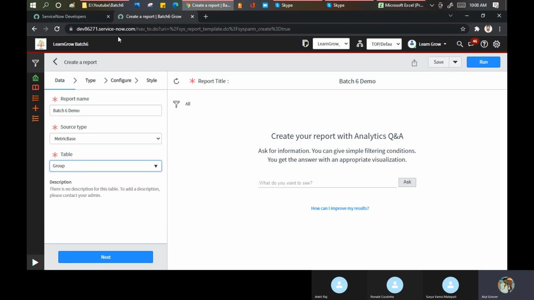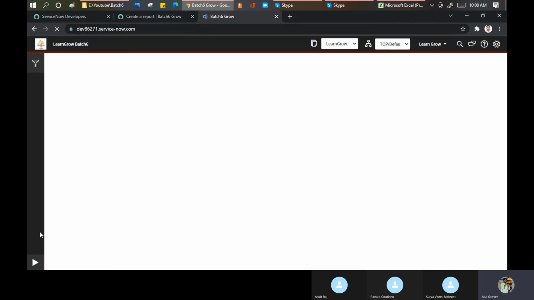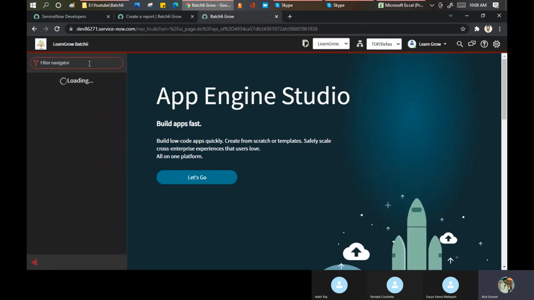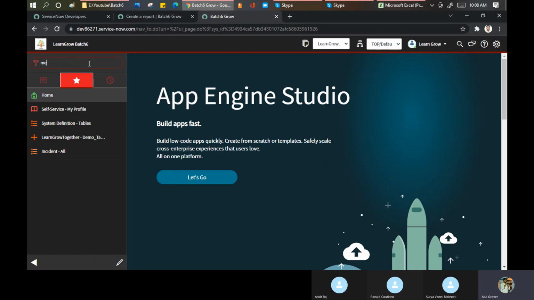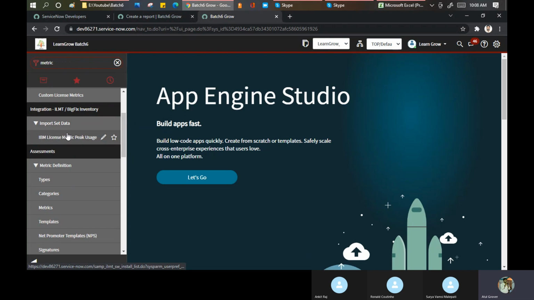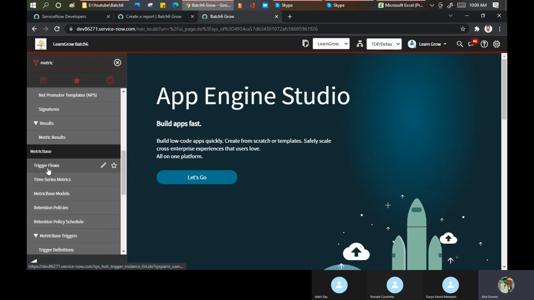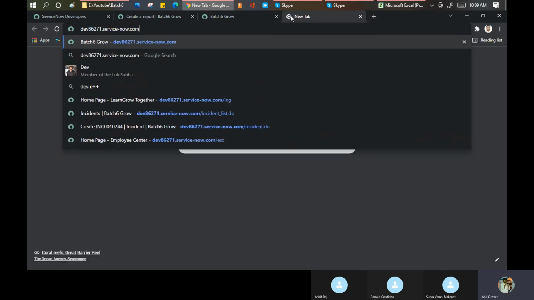So if you want, let's do one thing here and let's open that, try to open the metric. See, these are your metrics, metric base, and these are the tables you can use. So you want to see something on the flow. If I open this, one more thing I open.